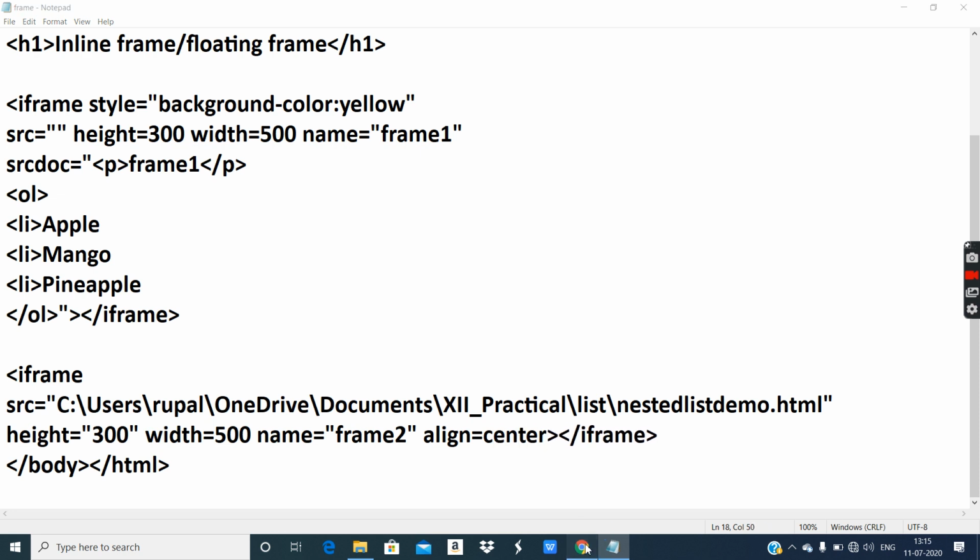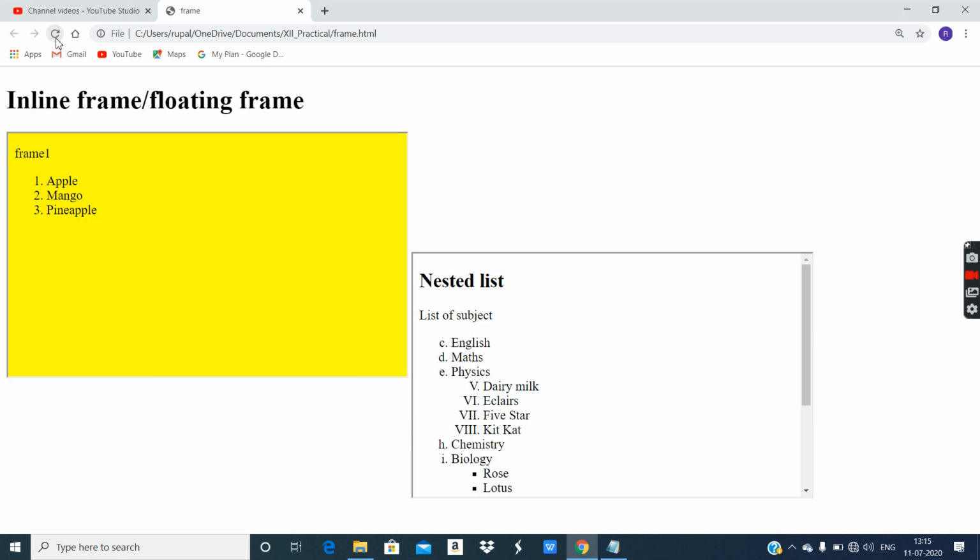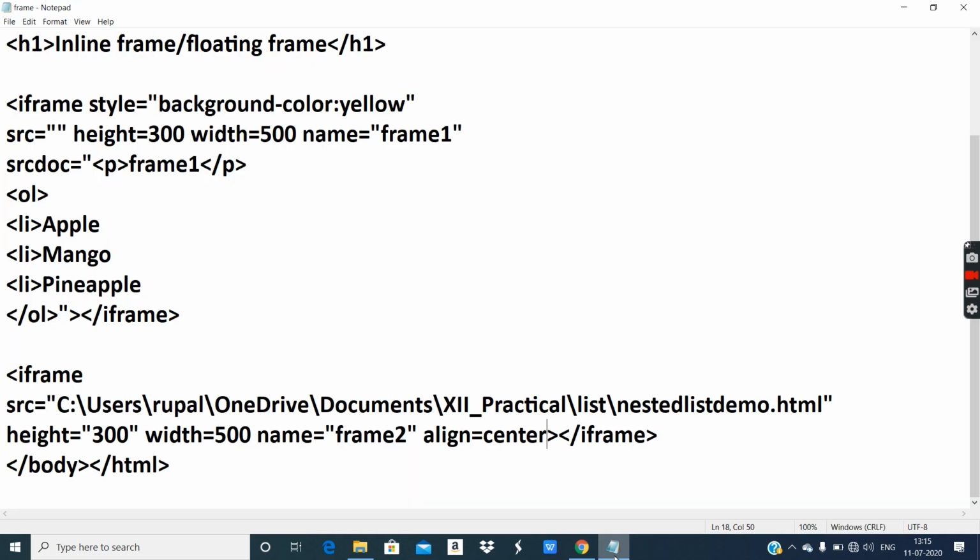Less and refresh. Okay, somewhat it tried to come in center, not exactly, but it got repositioned. Okay, so it works fairly the way you want to change, and the more you want to adjust, you can just keep changing, keep adjusting the height and width. Okay, in that manner.